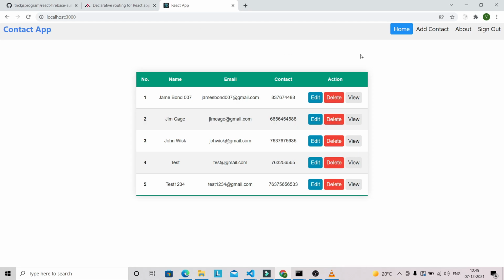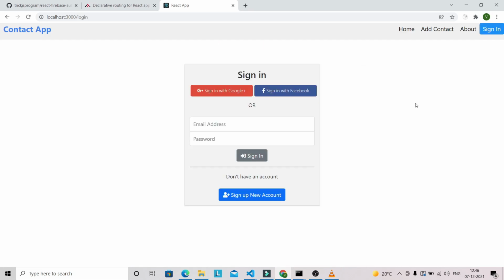So this is all working with the latest changes of React Router DOM in our existing project. And let's click on sign out. This is also working as expected. So guys, we have done all the changes in our existing project with respect to the latest changes of React Router DOM version 6. I hope you have got a full understanding of the latest changes of React Router DOM in this video, and I hope you will be able to update any of your existing React projects with the help of this video.